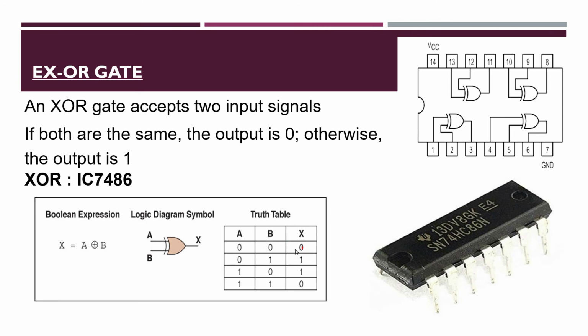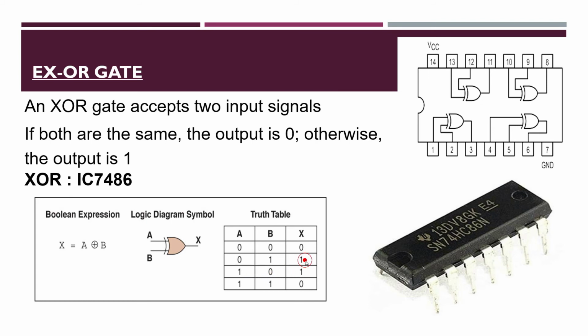So in case of XOR gate, A is equal to 0, B is equal to 0 means X will be equal to 0, because you just have to substitute the A and B values in the formula that I have given you, A bar B plus AB bar. A is 0 means A bar is going to be 1, B is equal to 0 means B bar is going to be 1. So in case of XOR gate, you will be getting 1 as the output.